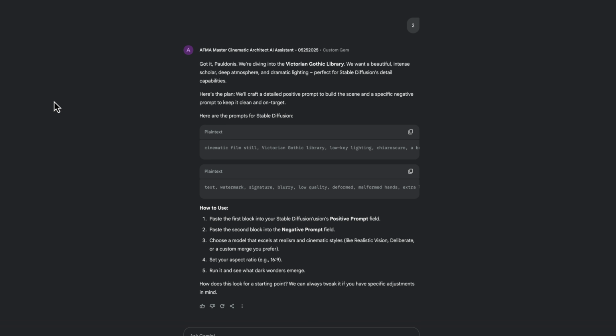Now, as you can see from this screenshot, I've actually trained it on Stable Diffusion. I don't use Stable Diffusion a lot, but the few times that I do test it out, I want my AI assistant to already know how to prompt for it. So again, there's massive value in working with the AI while you're crafting all of your cinematic scenes for Google